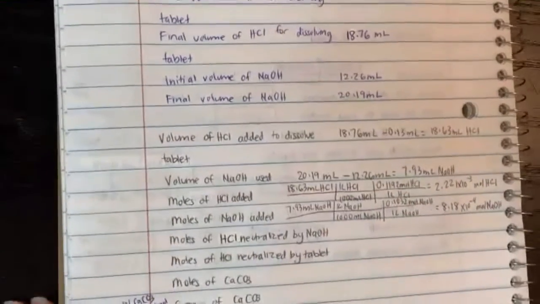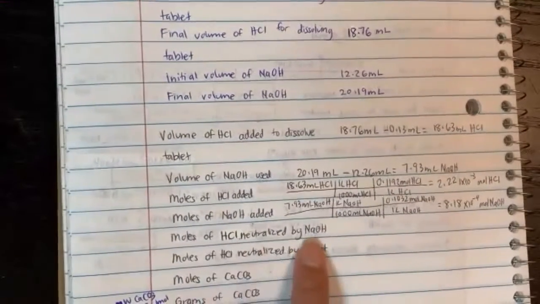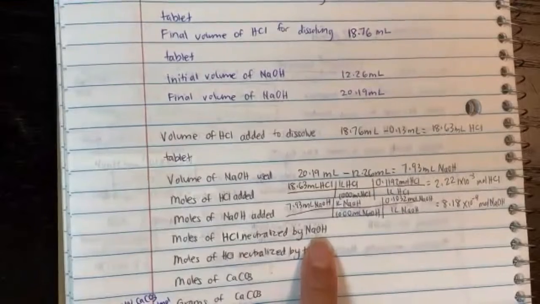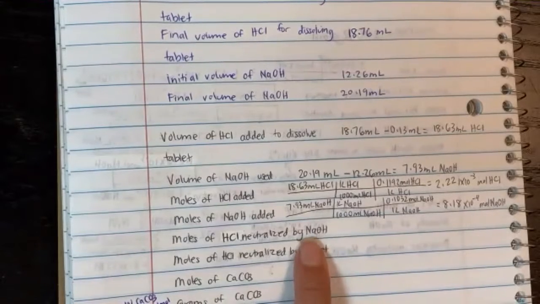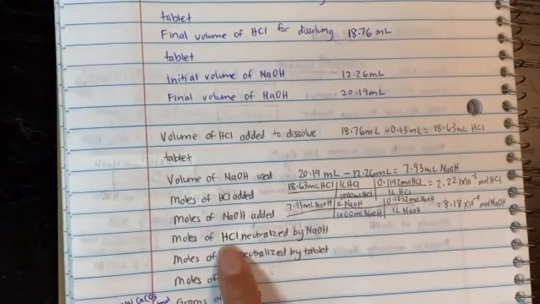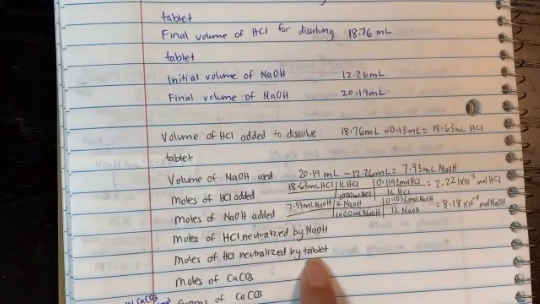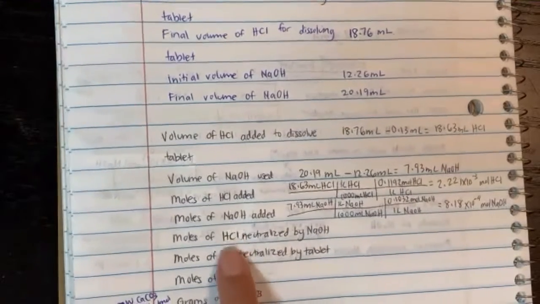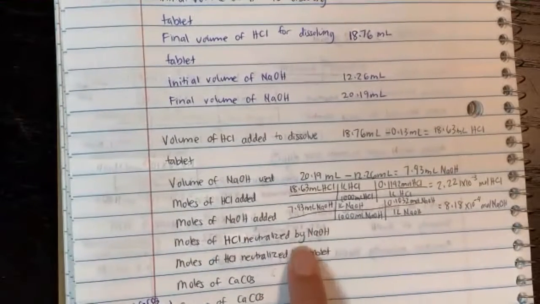Okay, so the next step here is saying how much of the HCl was neutralized by sodium hydroxide. So remember, the HCl is excess acid. And there are 2 bases in the flask now. The first source of base is sodium hydroxide. The next source of base is the antacid tablet. We have excess HCl, so HCl is the only acid. We have 2 bases here. So the first thing is